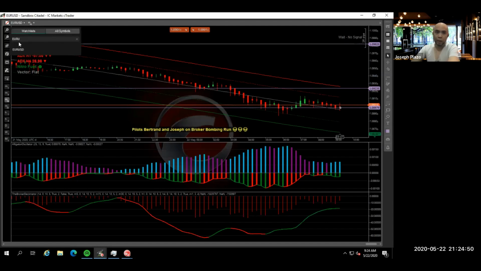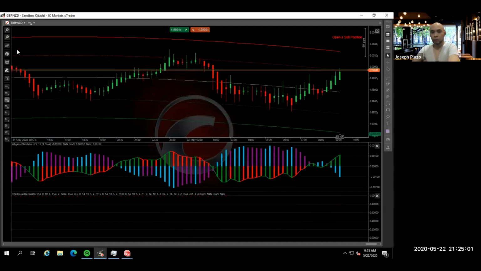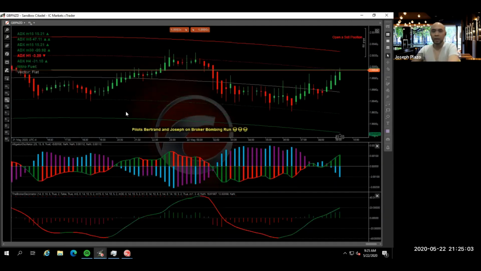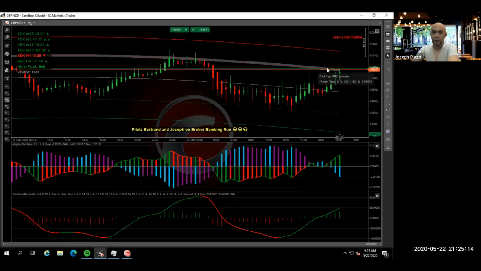Usually the swingy pairs like GBP, NZD, those are the pairs that play very well with the PRC method. Okay, here we go. This one looks good. This pair, this line is about to break the inner band. The moment it breaks 2 pips, 3 pips above this, that would already be a good signal to sell, but